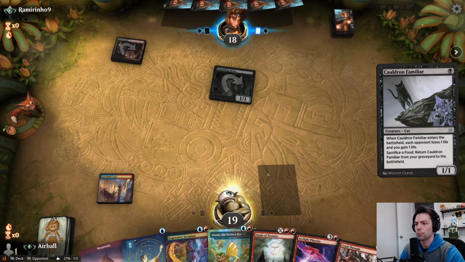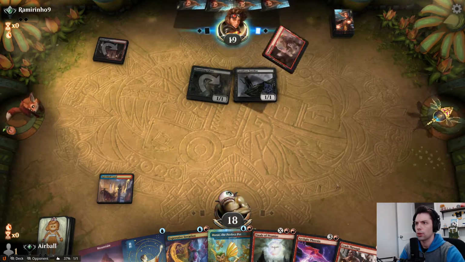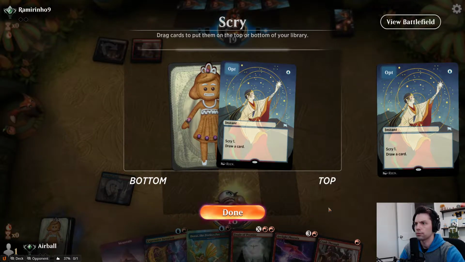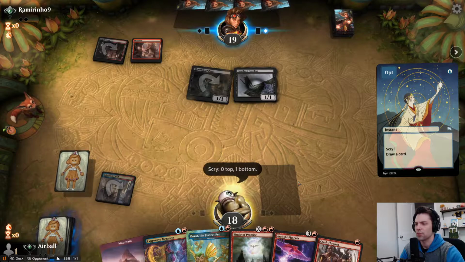Cauldron Familiar, yeah, okay. Graveyard is very important in Historic right now. Do we want another opt? I don't think so. Yeah, I think I'd rather...